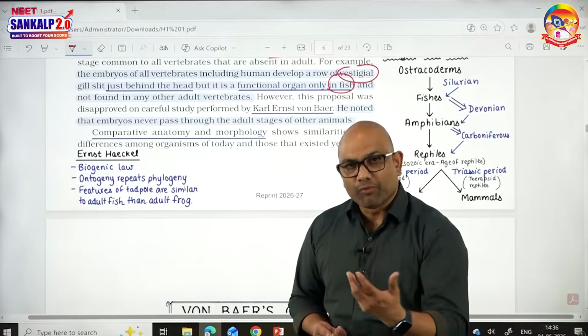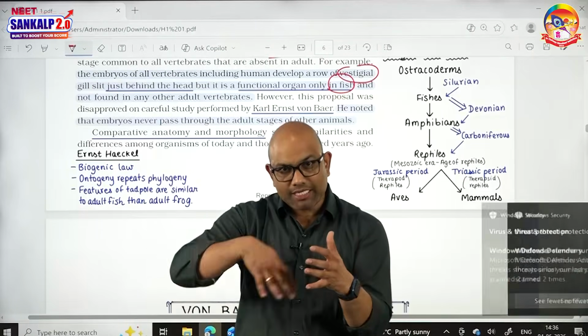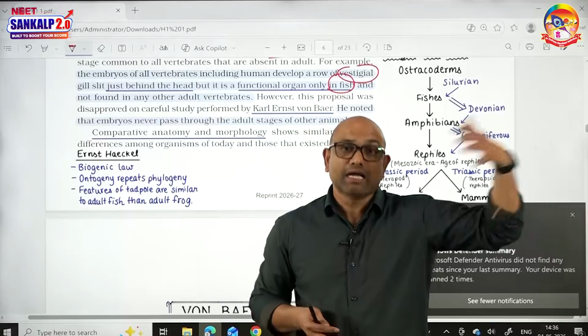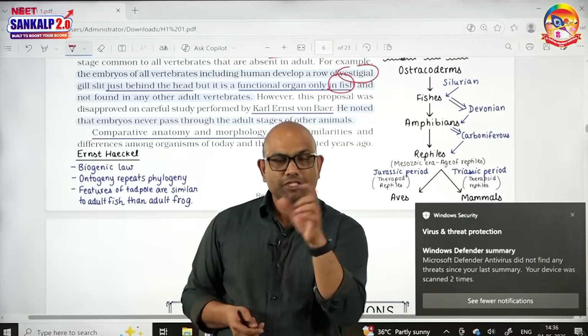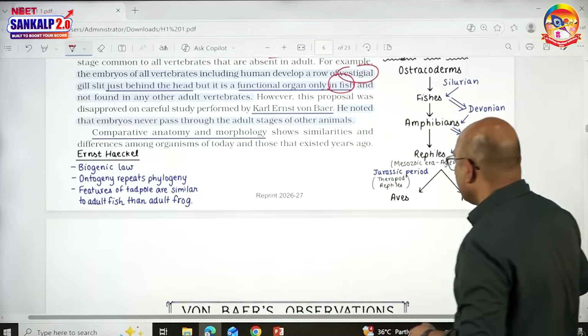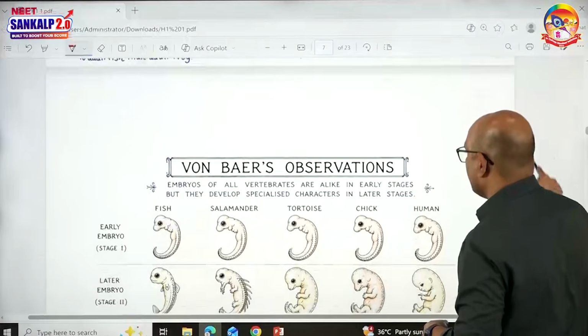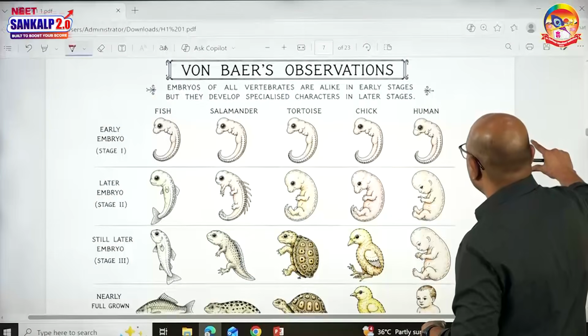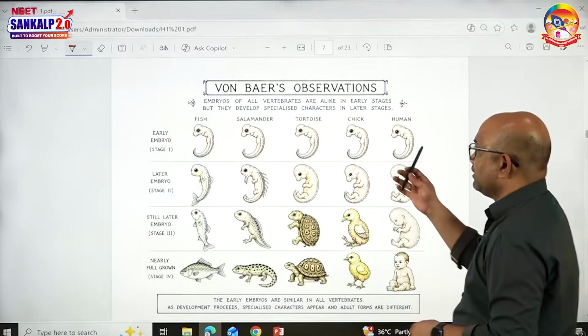Next, it excretes ammonia like fish. So, the embryonic stage has many characteristics like the adult ancestor. This is the feature explained by Haeckel. But by careful observation, a scientist known as Ernst von Baer disproved Haeckel's concept, saying, see, these are